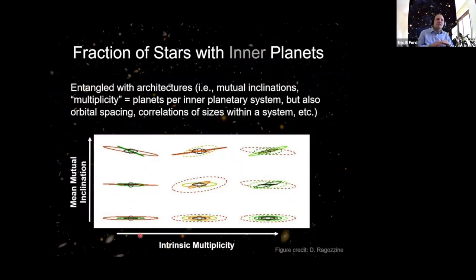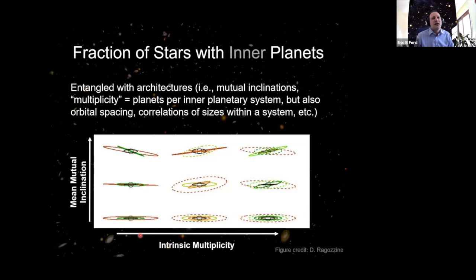Because if you have a system that's perfectly coplanar, then anytime you see one planet, you'll see all the inner planets to it. Modulo signal to noise and detection issues based on their size, but at least they'd all transit. On the other hand, if you have significant mutual inclinations, then you might see one planet but not the other. For small mutual inclinations, there's a good chance you'll see multiple planets, but for large mutual inclinations, pretty rapidly it becomes like n single planet systems depending upon where you view it from.